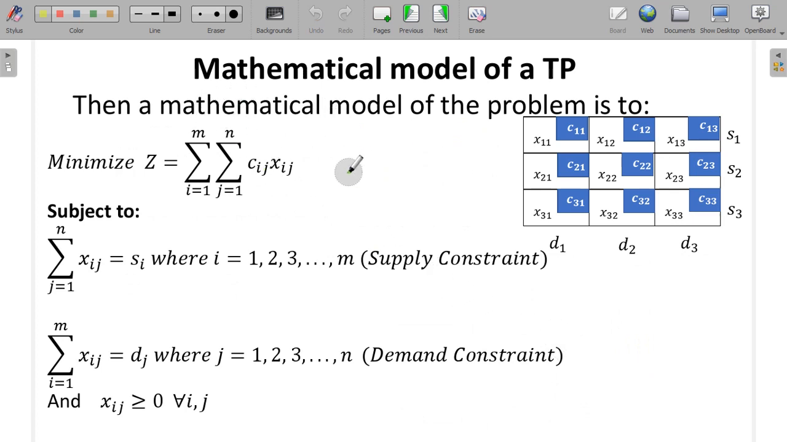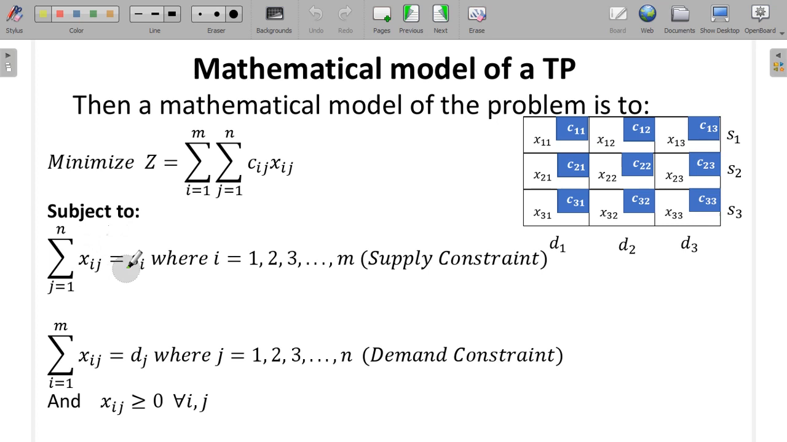The mathematical model of a transportation problem is a minimization problem, the sum of the products between the cost and the associated goods at that destination. This sum of products comes from, consider this example, if we have 3 sources and 3 destinations, the minimization cost function is the sum of C11 times X11 plus C12 times X12 up to C33 times X33, subject to